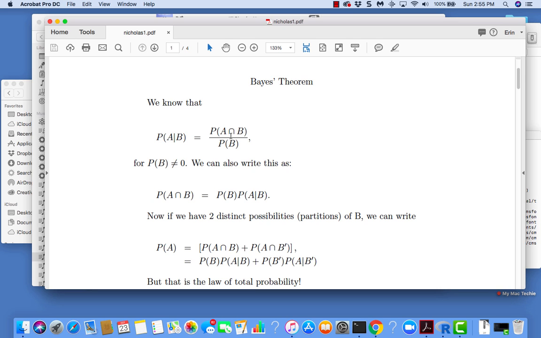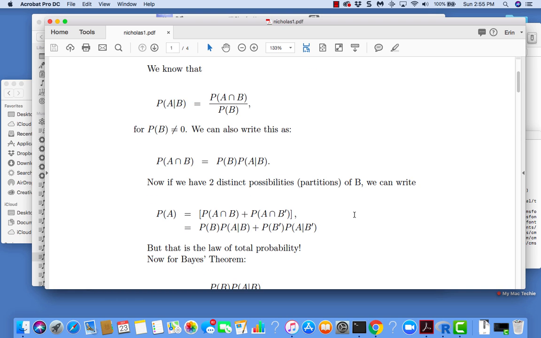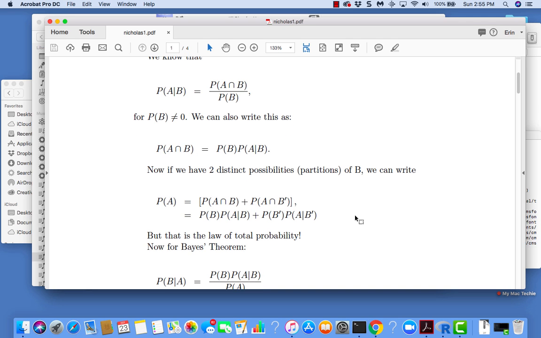Okay, so if I multiply both sides by the probability of B, I can write this as the probability of A and B is equal to the probability of B times the probability of A given B. Okay. So if I have two distinct possibilities or partitions of B, we can write this as